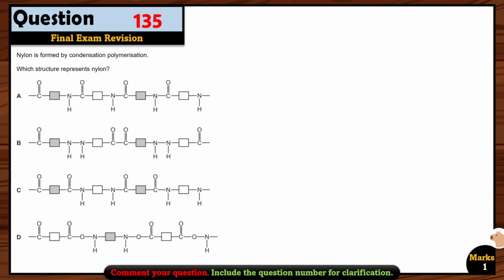So it means this is an amino acid, and amino acids are joined together to give you a protein. It's not a nylon. So option C is the right option,